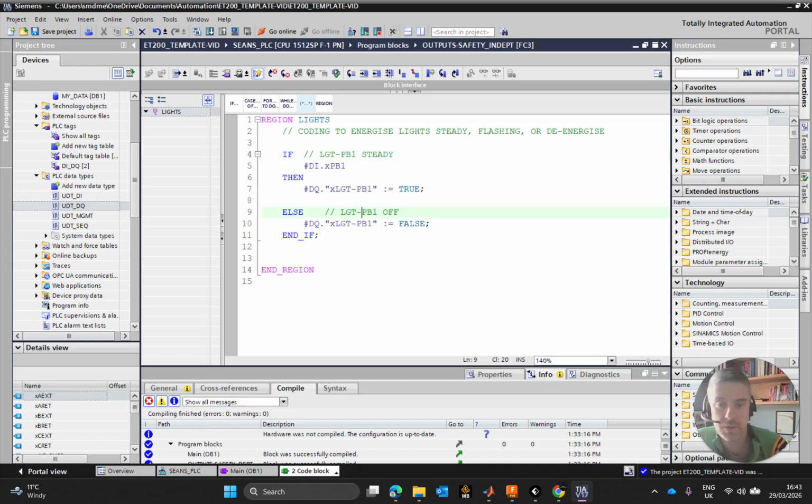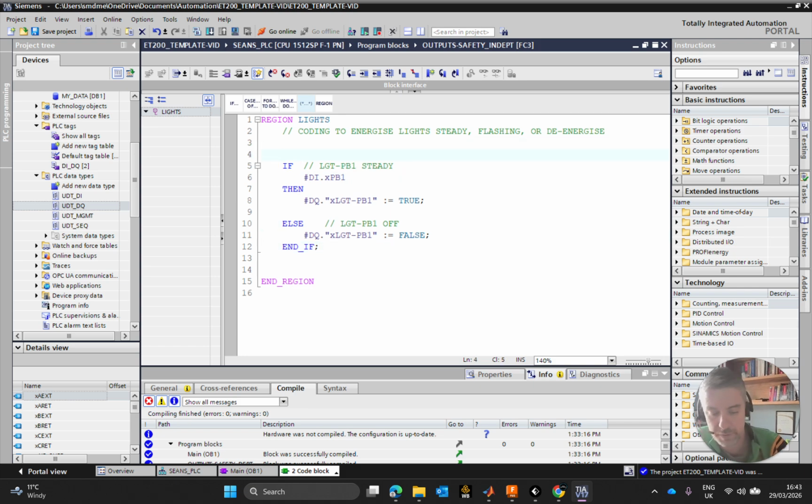I just took it out of the region because there's very little need to get it too heavy in the region. Right, so there's pb1. You can keep it in a region if you like. We'll just write it like this: